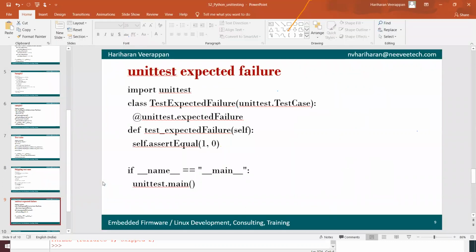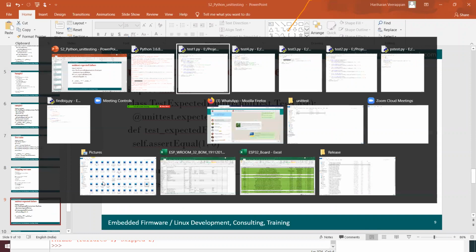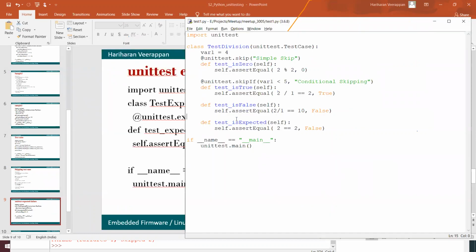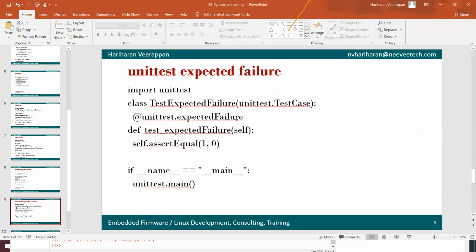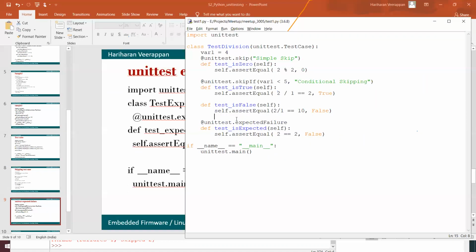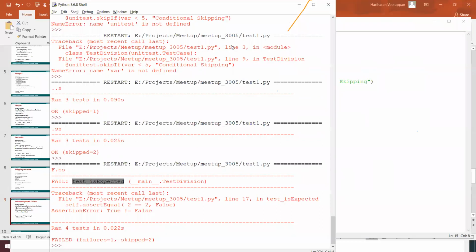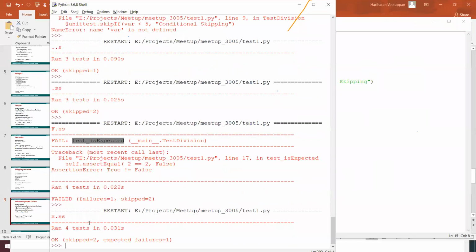In that case, I am going to add an expected failure, @unittest.expectedFailure. I just defined that expected failure, and whenever we run this, we run 4 test cases and it skipped 2.